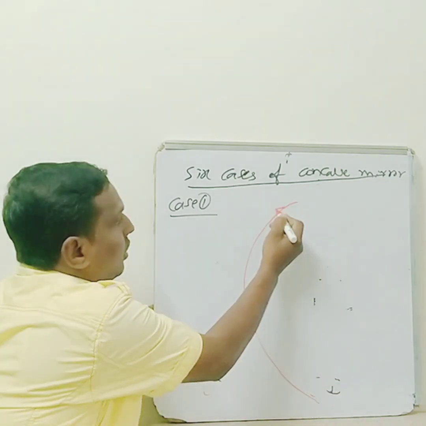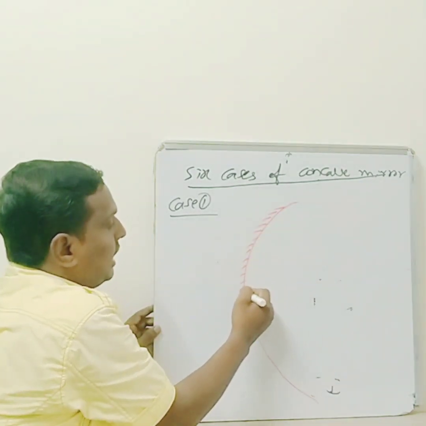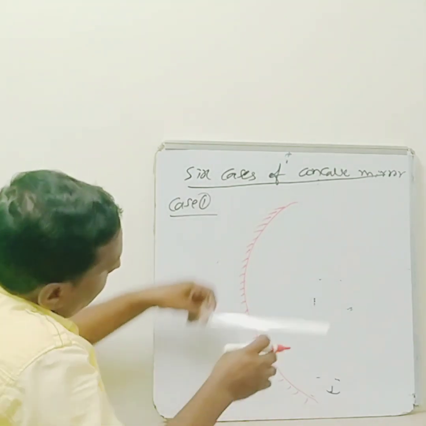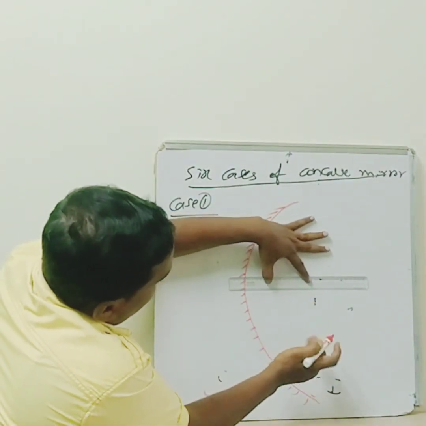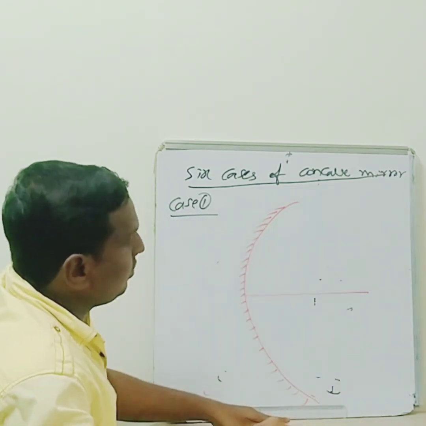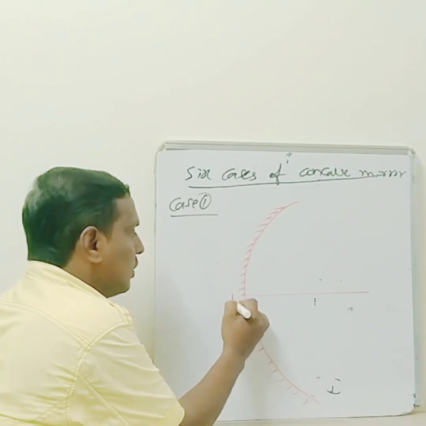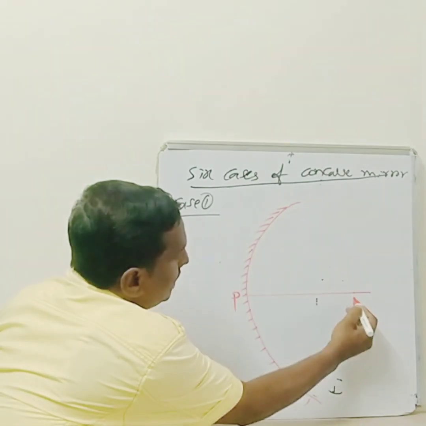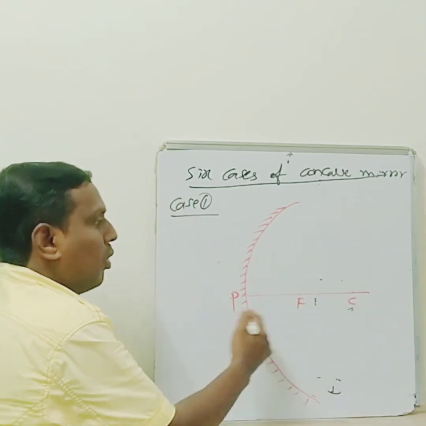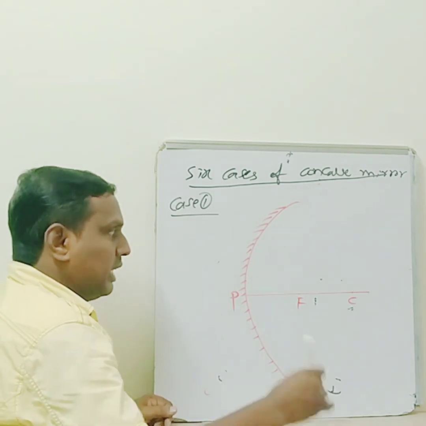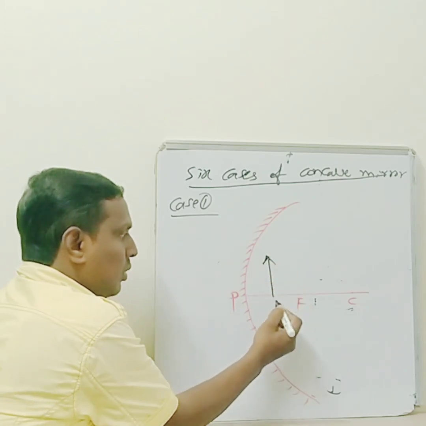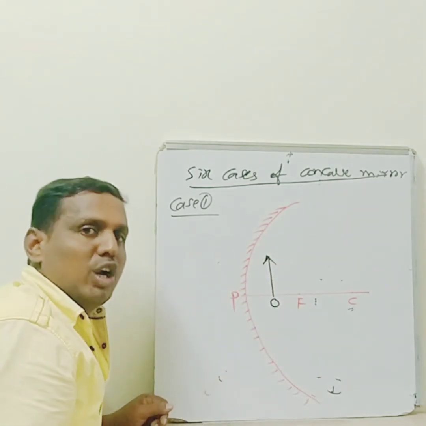This is a concave mirror. Okay. Outer side is silvered, inner side acts as a reflecting surface. It is well known to you. And we take a principal axis. I am using a scale also. Principal axis. This is the pole. You take here C, center of curvature, exact midpoint here. You take here the focus. Okay. Pole, focus, center of curvature. Now where is the object here? Object is between here. Where is the object? Between pole and focus.